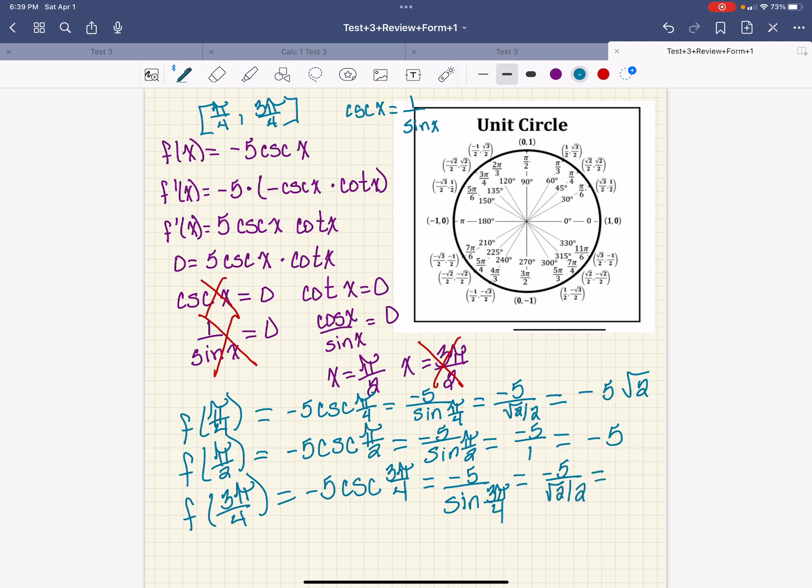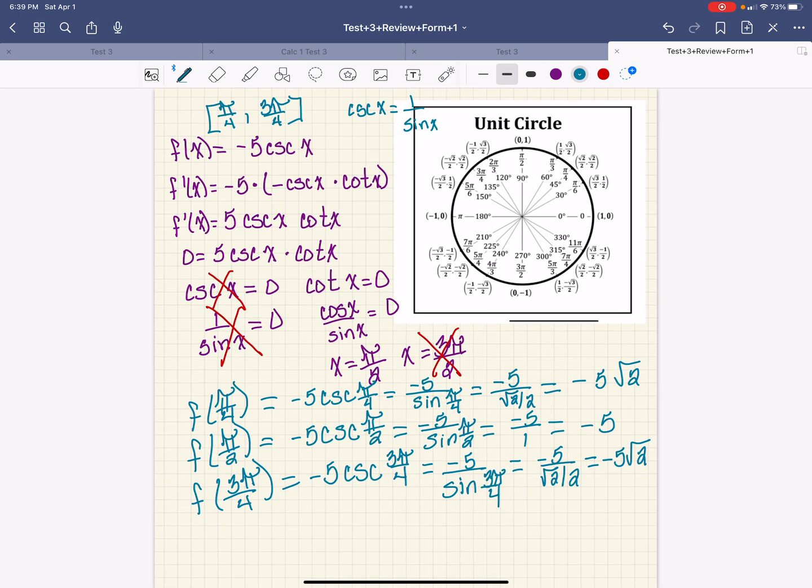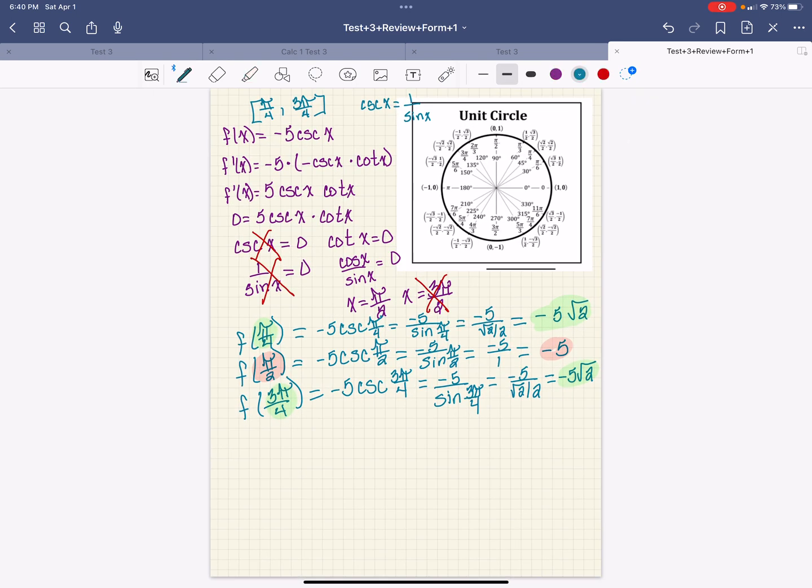And when we simplify that, we get negative 5 on the square root of 2. So what we have is this is our absolute minimums, and this is our absolute maximum. So let's write that out. So we are going to have absolute minimum